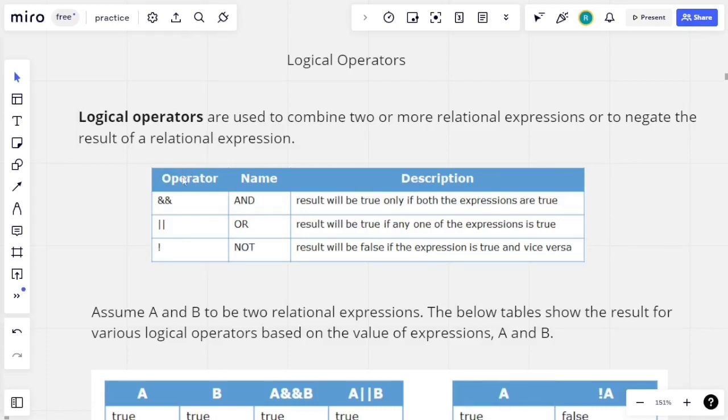सो देयर आर थ्री टाइप्स ऑफ लॉजिकल ऑपरेटर्स दैट वी हैव इन जावा। फर्स्ट इज एंड ऑपरेटर, जिसका सिंबल कुछ इस तरह से है। दो एम्परसेंड साइन से हम एंड ऑपरेटर को रिप्रेजेंट करते हैं। एंड दीज आर द टू पाइपलाइन सिंबल्स, इनसे हम ऑर ऑपरेटर को सिंबलाइज करते हैं। एंड दिस इज अ नॉट ऑपरेटर, जिसे हम एक्सक्लेमेशन मार्क से रिप्रेजेंट करते हैं।